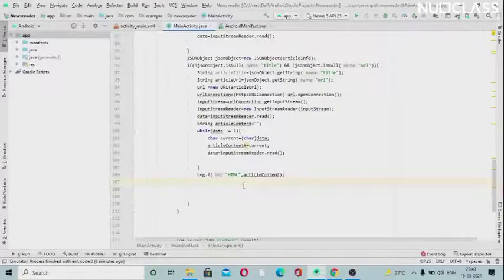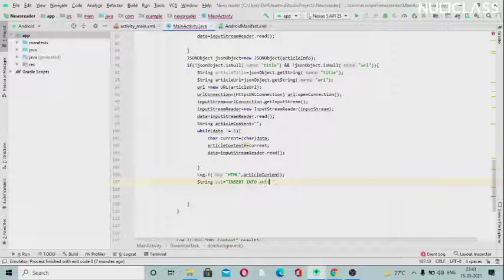Just go down there. Here we will create a new string, which I will call string SQL, and inside of that I will pass this INSERT INTO that we have learnt. Now we need to enter the table name.